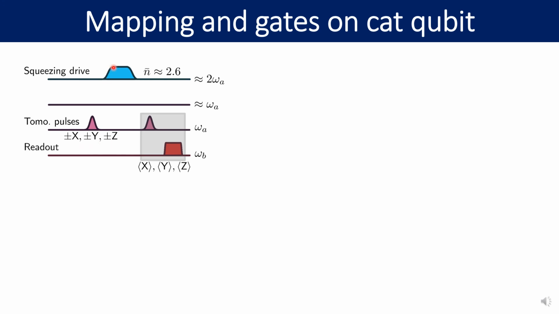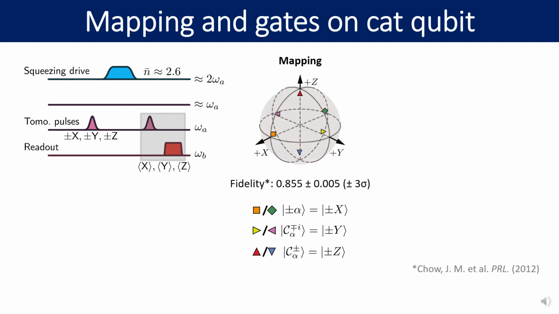We then map that onto the Kerr-Cat qubit at a photon number of 2.6, which is also what we used in the other experiments. We pretty much immediately map that back, and then we do another sequence of pulses combined with dispersive readout on the Fock state qubit to measure the X, Y, and Z expectation values. That is a total of 18 experiments, and I'm showing you the result of these experiments in this Bloch sphere